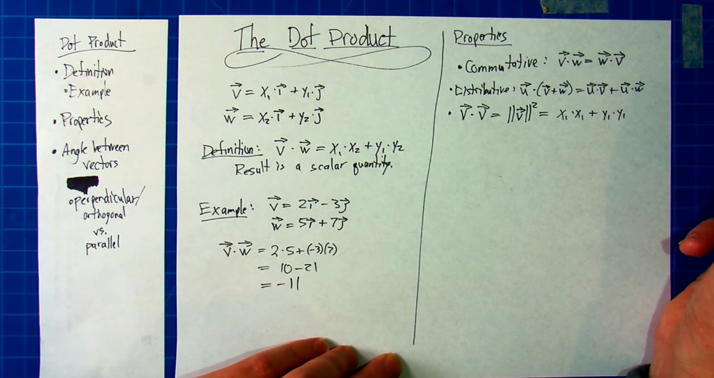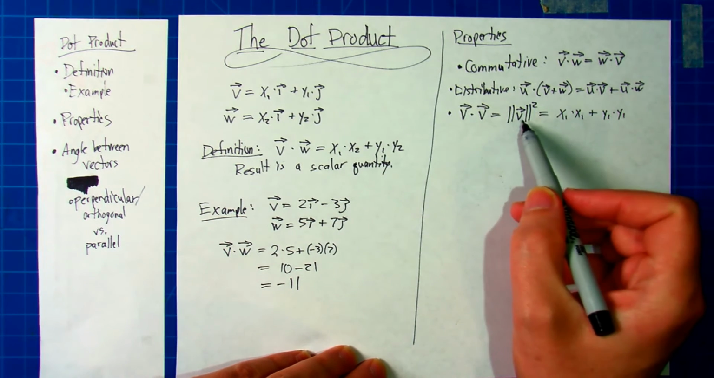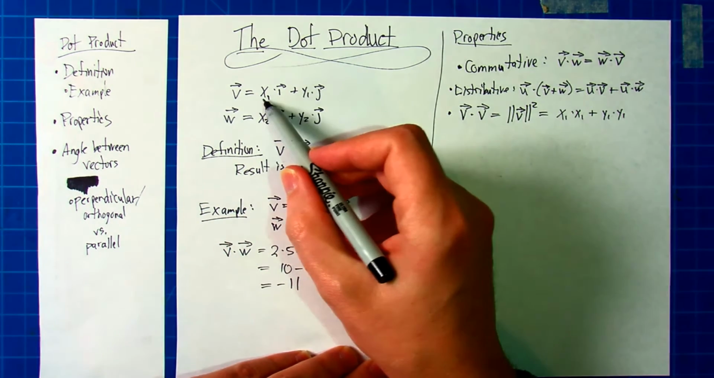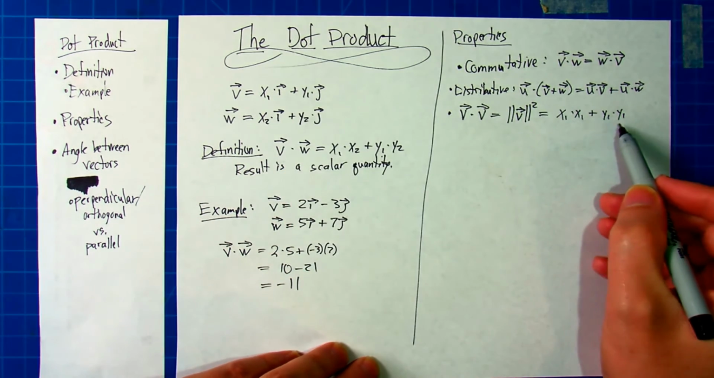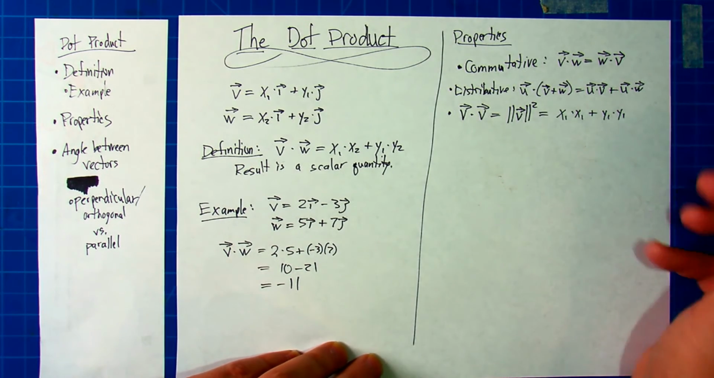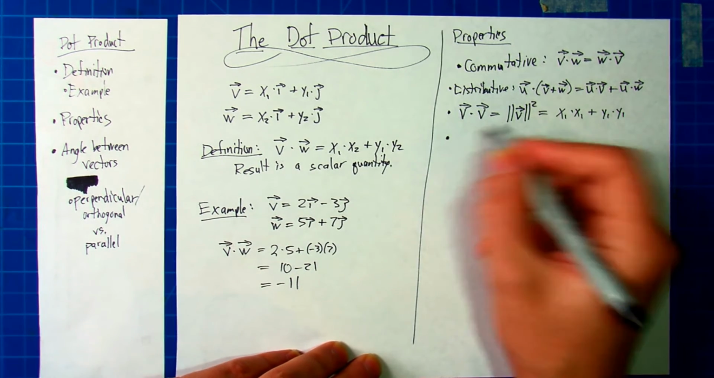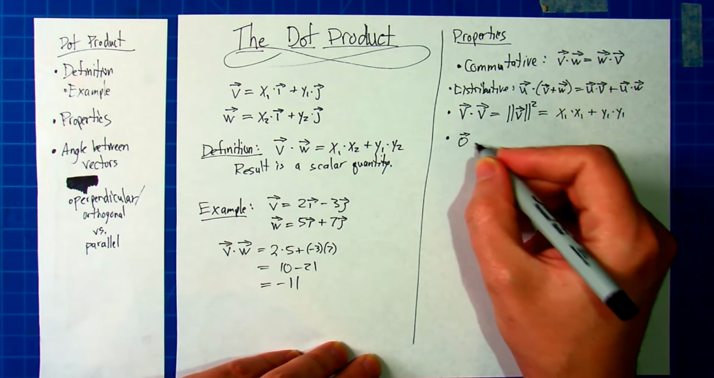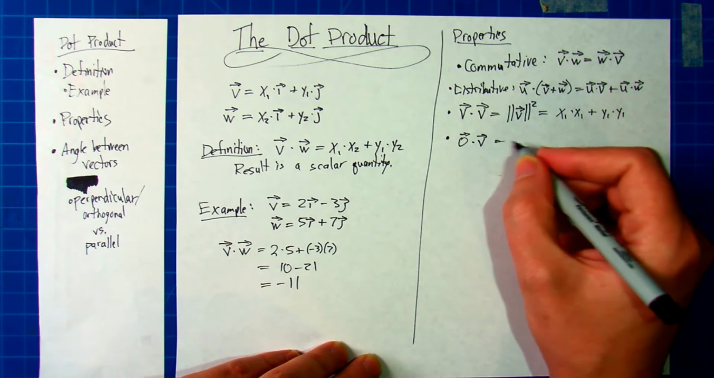It's not super surprising because if you just work that out this way, the magnitude would be the first component's real part squared, and plus the second part squared. You would square root the whole thing for the magnitude, so if you square that, it's like the square root wasn't there. The third property is that if you take the zero vector dotted with vector v, you get the